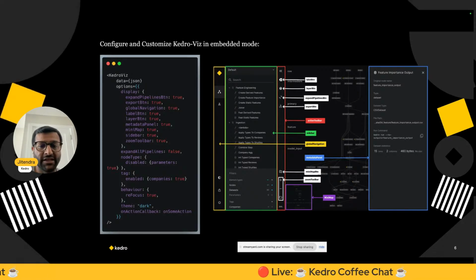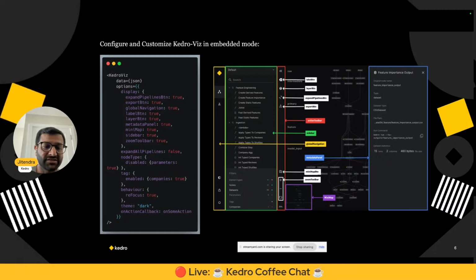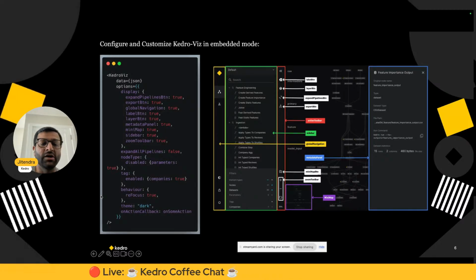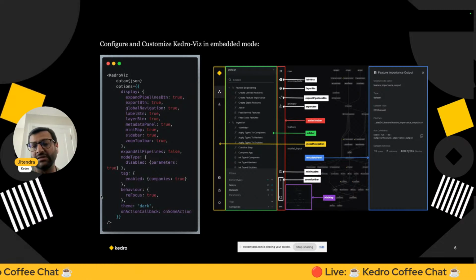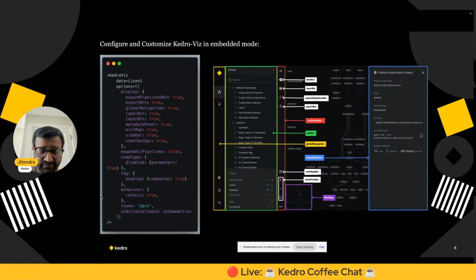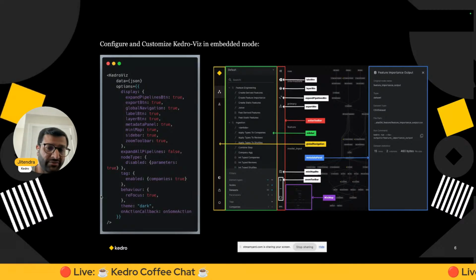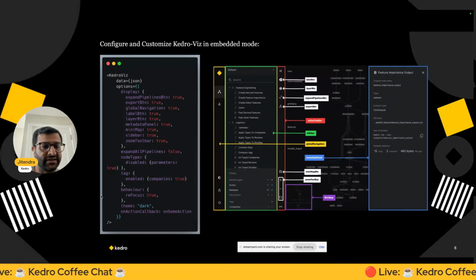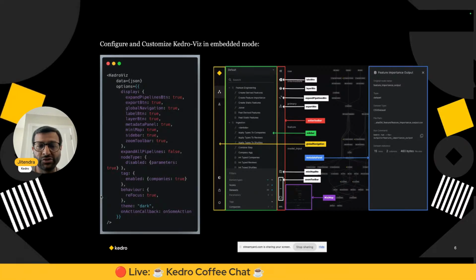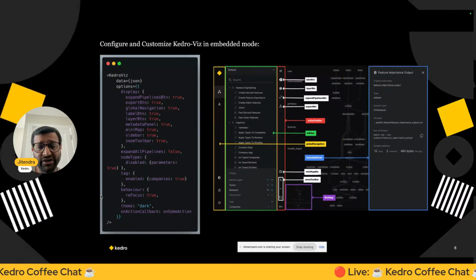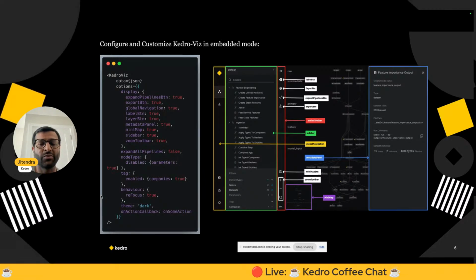If you want to match the style theme of your host app, you just set the theme from dark to light or light to dark based upon your requirement. That's about the visual aspect of it. For example, if you want to filter your flowchart right from the beginning, you can just send tag.enable.name of your tag. If you want to turn it off, turn it on. As soon as you do that, you will be able to filter at the very first moment when you